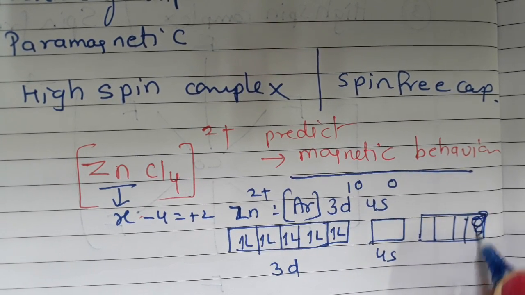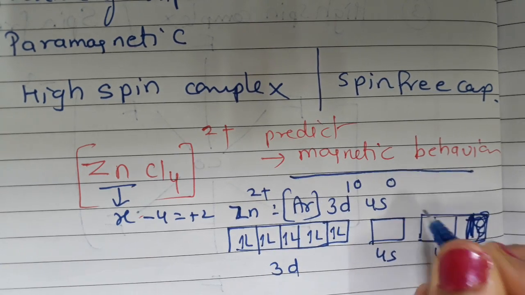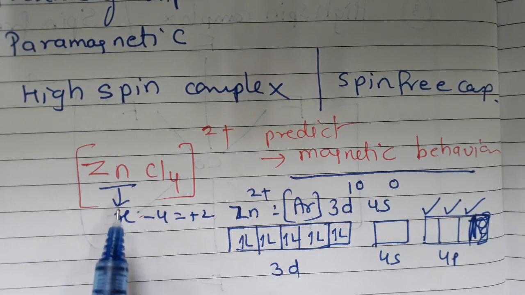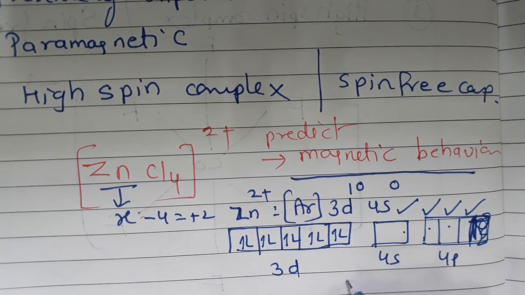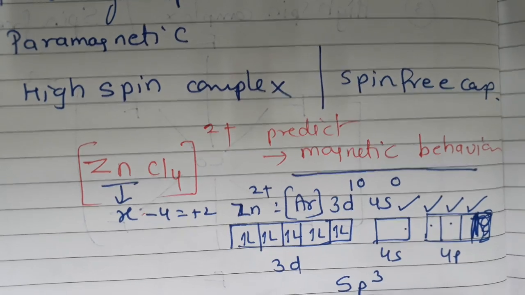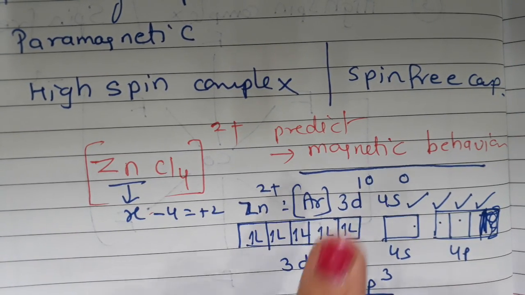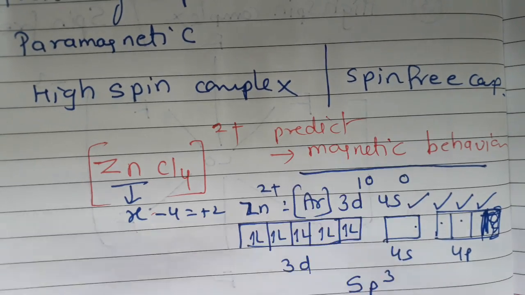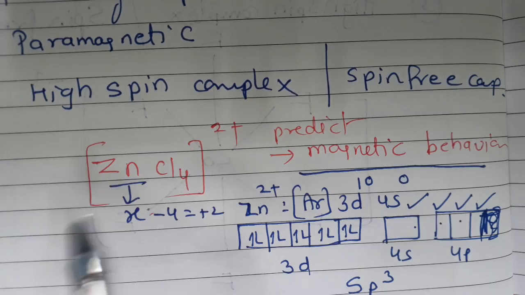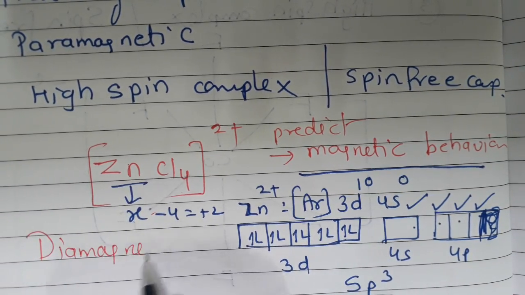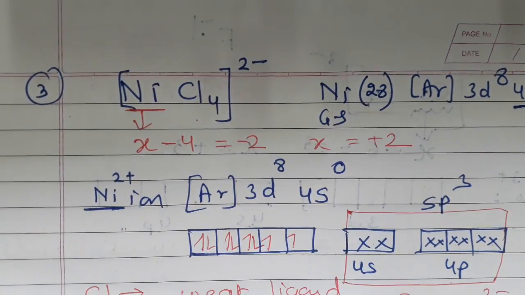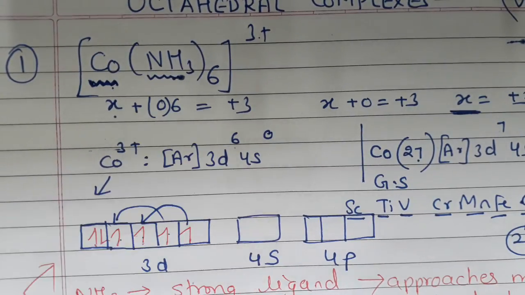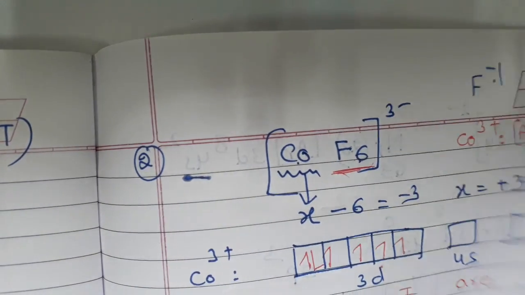So there are only 3 boxes, 4px, 4py, 4pz. In this case 4 chlorine atoms will come, so we need 4 boxes, 1 2 3 4. So hybridization is going to be sp3, but that is not our main area of interest. Our area of interest is whether it is paramagnetic or diamagnetic. Now you just see all the electrons are paired, it means this complex is diamagnetic. So the same concept can be asked in a different manner also. I hope you were able to understand the basics. This first example was an octahedral complex, the second example was also octahedral, the third was tetrahedral, and the fourth was